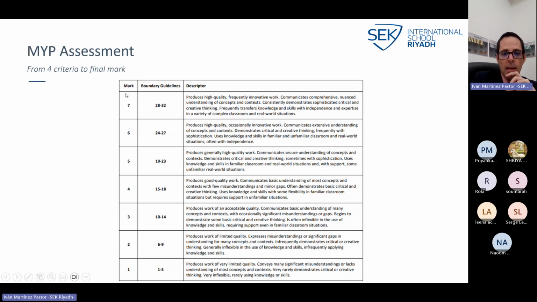The final mark your children will get is from 1 to 7, and this aligns with the diploma program marks that students will face soon enough when they grow and move to the diploma program, and we open the diploma program at school as well. So you will see that depending on the addition of these 4 criteria, if the addition of all 4,